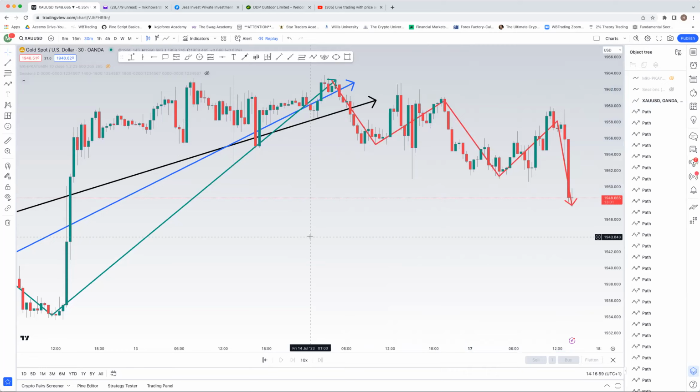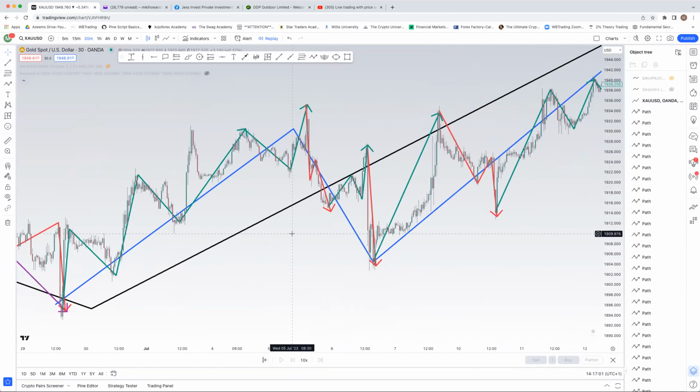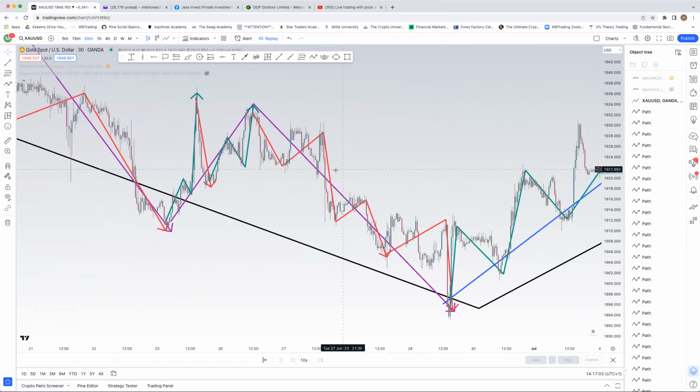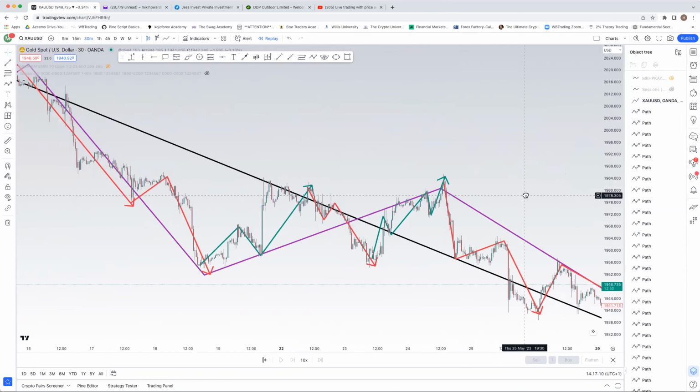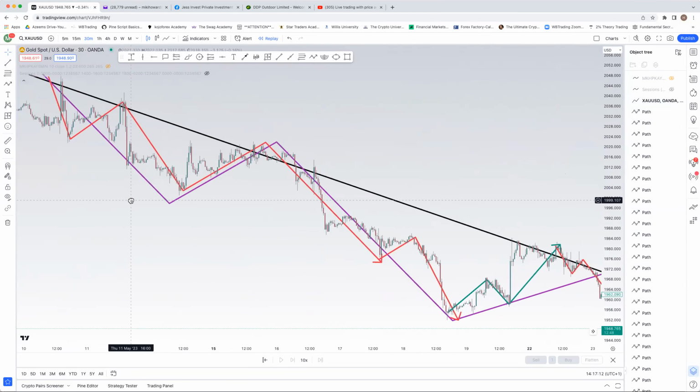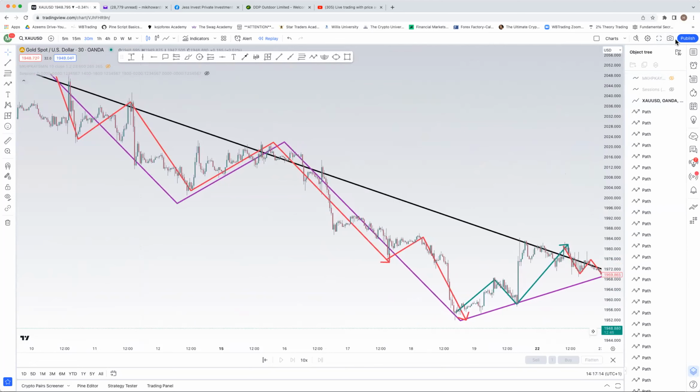So now, once you've done it this way, you realize that this is the 1 hour trend line. This is the 1 hour up. This is the 4 hour. So you go all the way to the back and you start taking the links. So this on the 30 minutes, then you take the link,